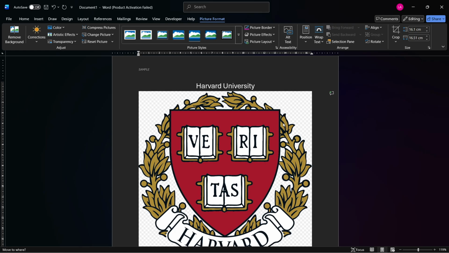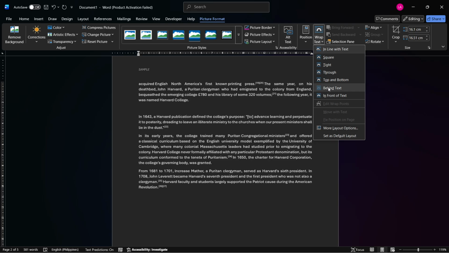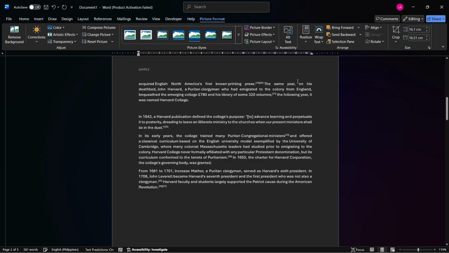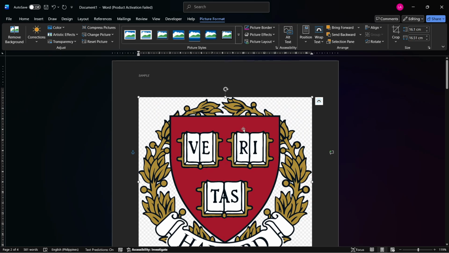Now that your picture is in the document, it's important to check how it interacts with your text. With the image selected, you'll want to adjust its text wrapping settings. This is crucial because the default setting may cause the image to behave erratically when text is added or deleted around it. Go to the Picture Format tab, which sometimes simply appears as Format, then click on Wrap Text. You can select from options such as Square, Tight, Behind Text, or In Front of Text. Each choice offers a different style of integration with your text, and you should pick one that best supports the